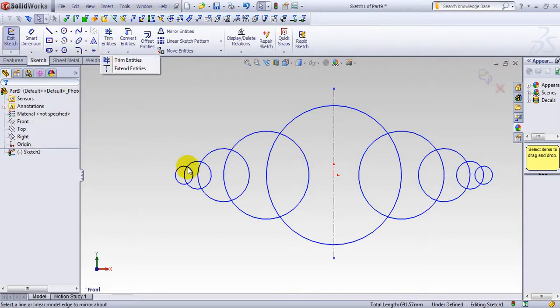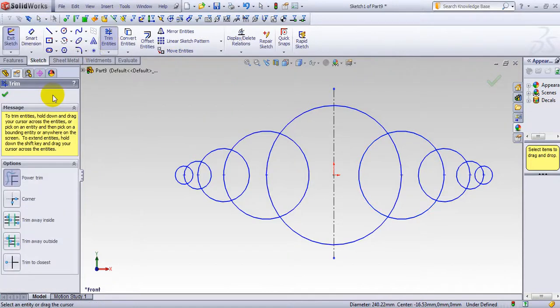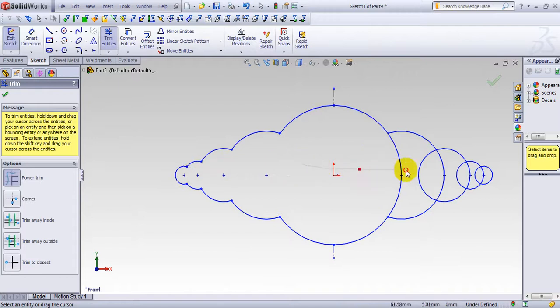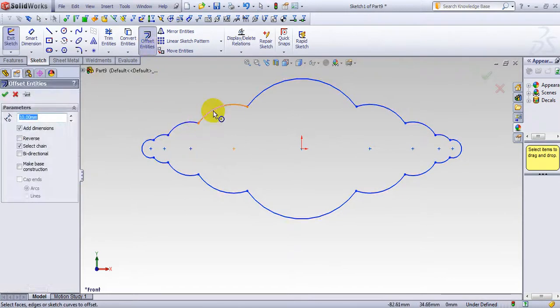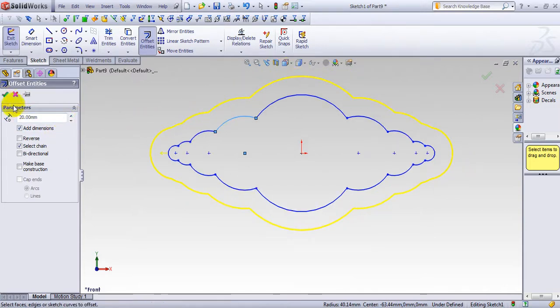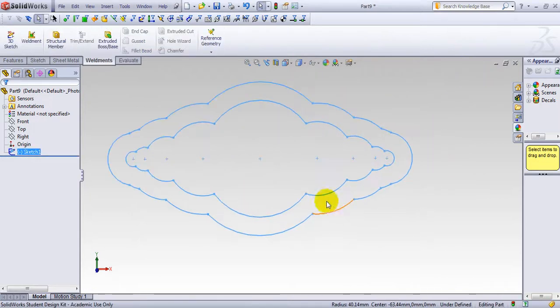Okay, and I go to trim these entities. Oh, yeah, exactly what I wanted. So trim entity, over trim, go here, and I delete them here, just so it looks like a cloud. And I go here to offset entity, a little more, and this is the geometry I made actually. There we go. So if I want to have this as my cross section, so what I do will be